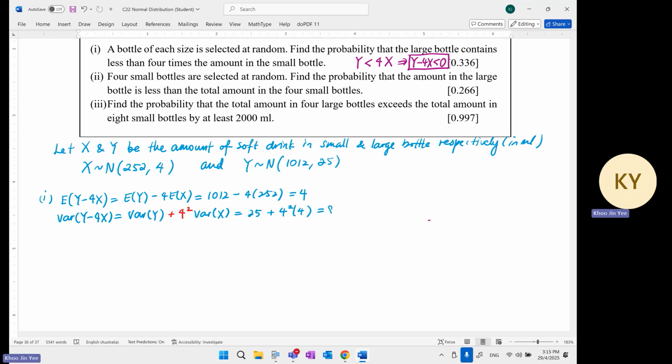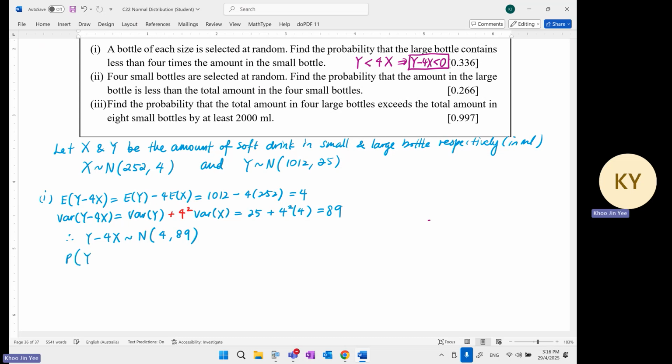So this one will give us 89. Okay, and because of that, y minus 4x follows a normal distribution of mean 4 variance 89. Okay, be extremely careful. Now, so with this